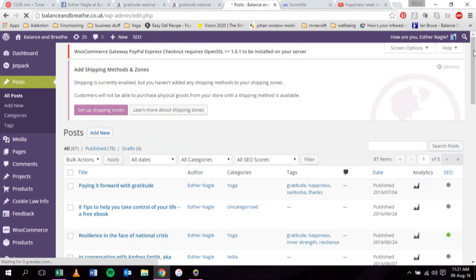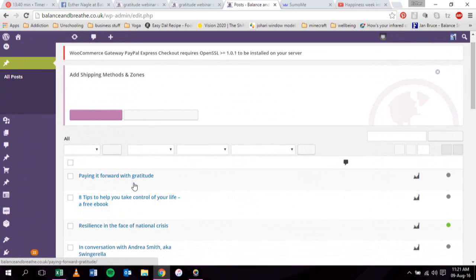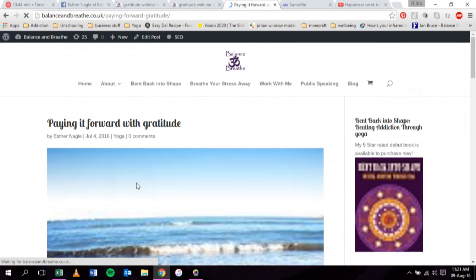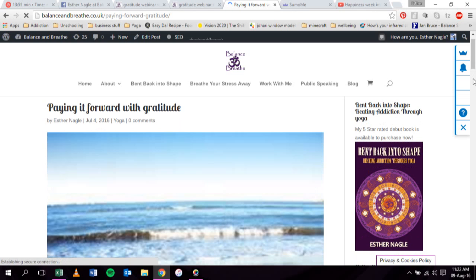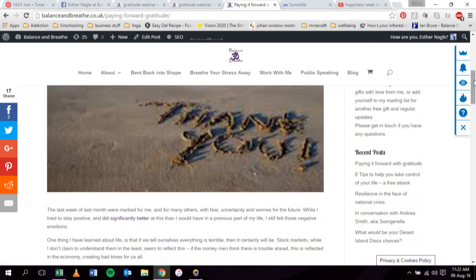What it allows users to do is select and share key bits of text. And we know how much people love to share quotes and small little sound bites from books, from blogs that they're reading. So once I scroll down,